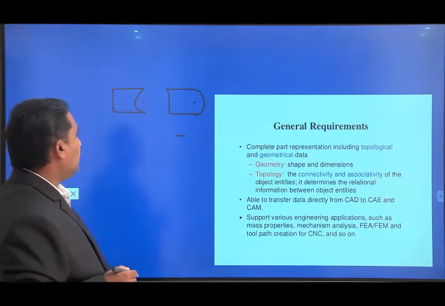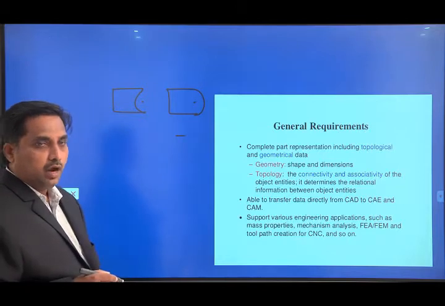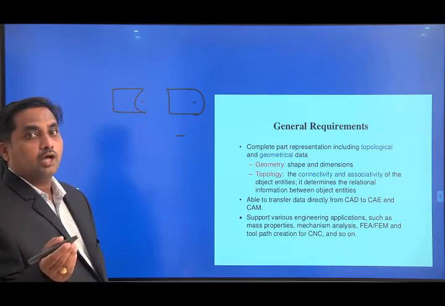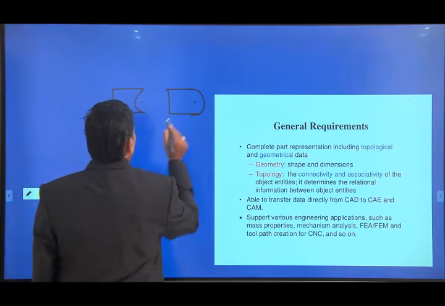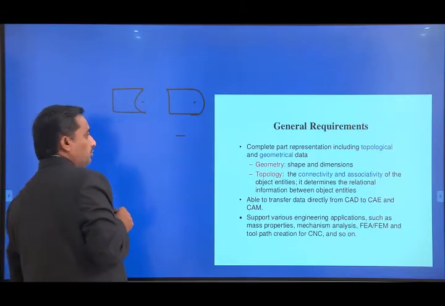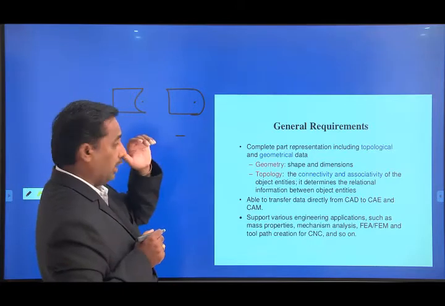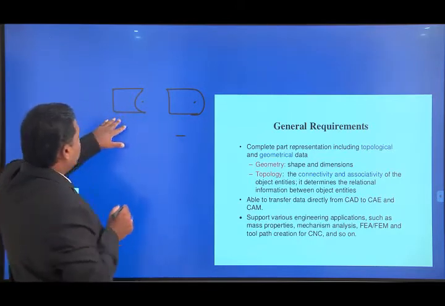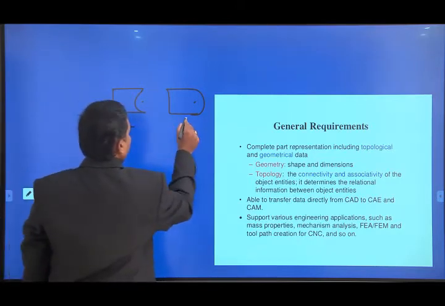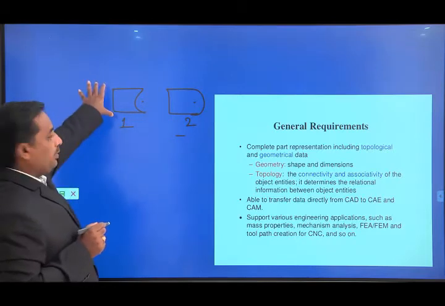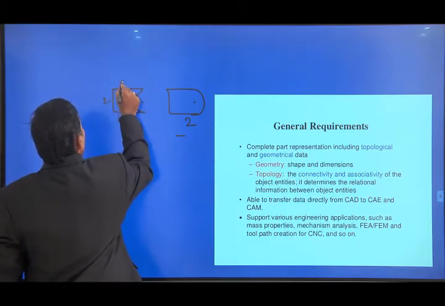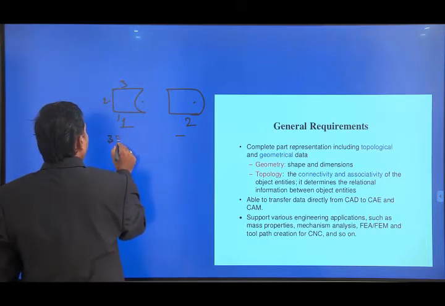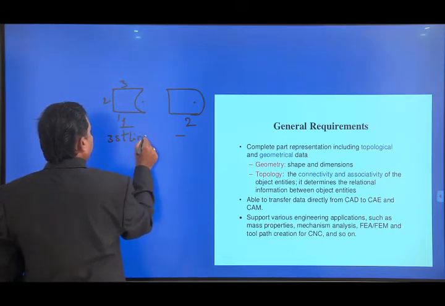What are the geometric elements required and what are its associates? For that I will explain what topological data we require. Here, how many straight lines are there? This is one case and this is another case. Here we have 1, 2, 3 straight lines.